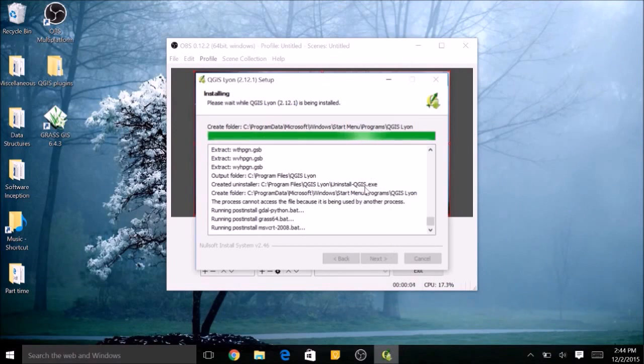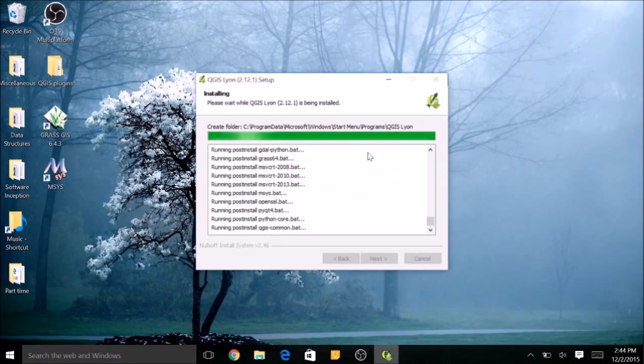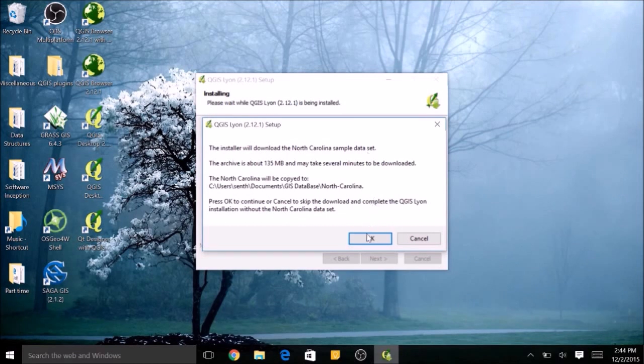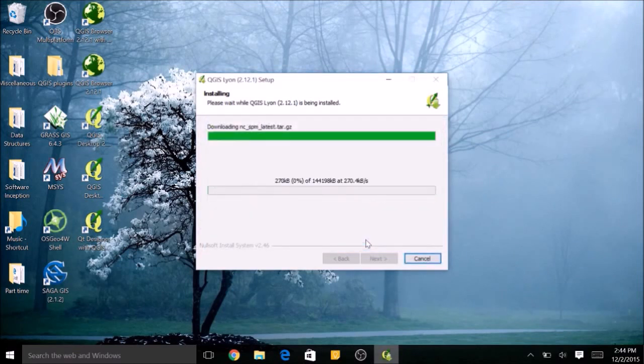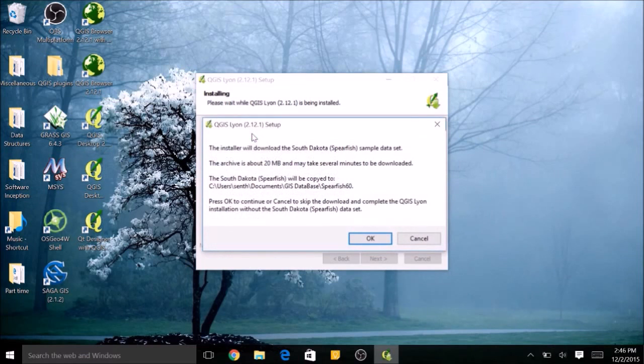The installation process is about to complete. You can see in the background new icons will be visible. We press on OK. Now the download of the dataset is complete. Now we will install another dataset.